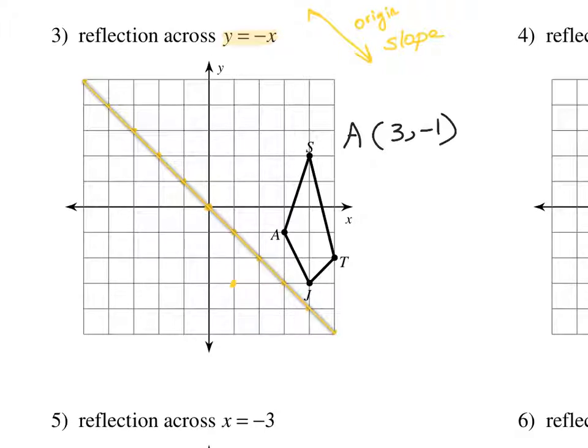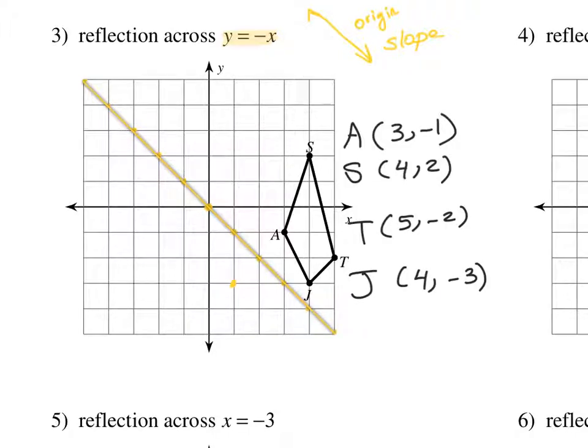So go ahead and pause the video and find the coordinates of S, T, and J. So these are the coordinates of A, S, T, J. And if I want to find the reflection across this line, so if I want to write down the rule, so this would be the rule, that means I'm switching x and y, I'm flipping them, and I'm taking the